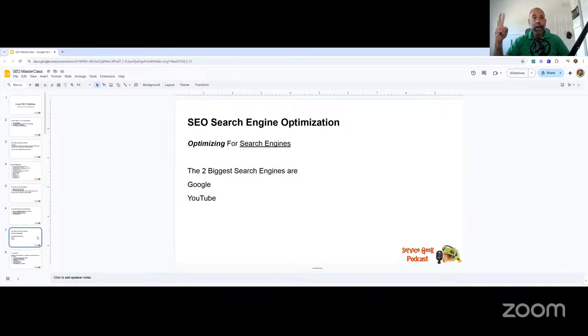There are 2 of the biggest search engines in the world. There's no question, it's Google, the number 1, and then YouTube. Most people do not think that YouTube is a search engine. YouTube is owned by Google, so Google is going to try to reward its own products. Google is not in the business of